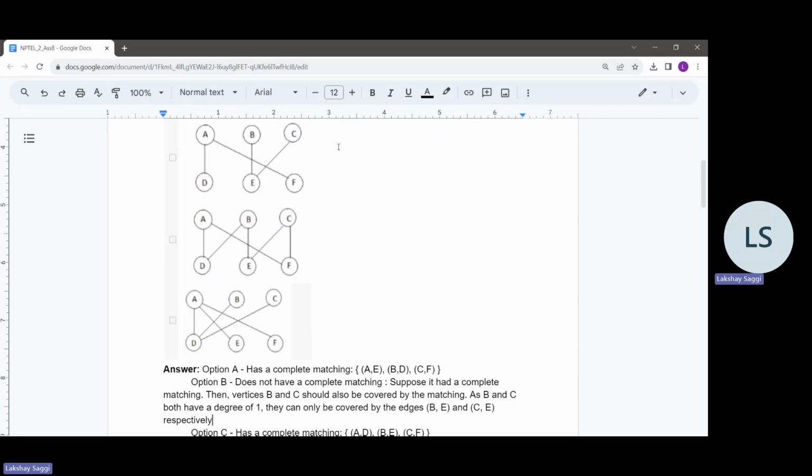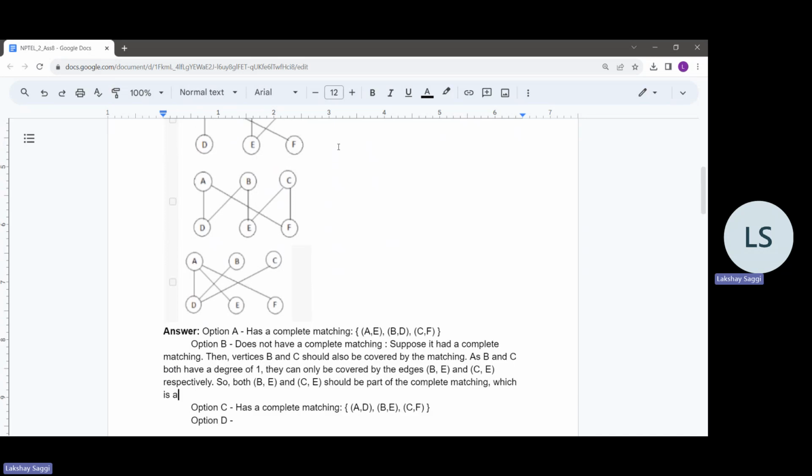So B can be covered only by B comma E, and C can only be covered by C comma E. So both B comma E and C comma E should be part of the complete matching, which is a contradiction, as two edges of a matching